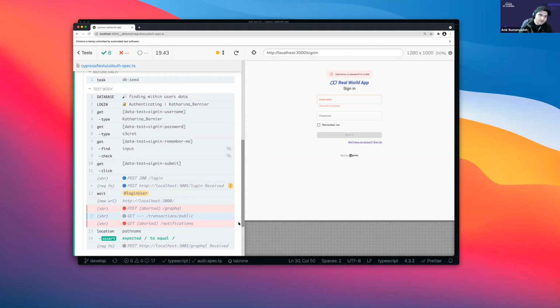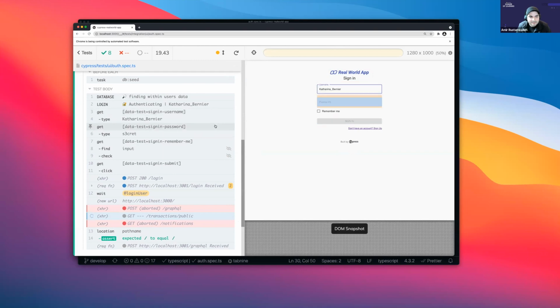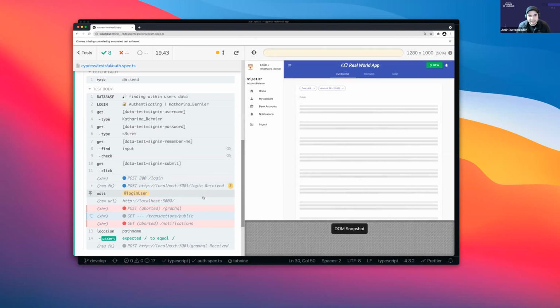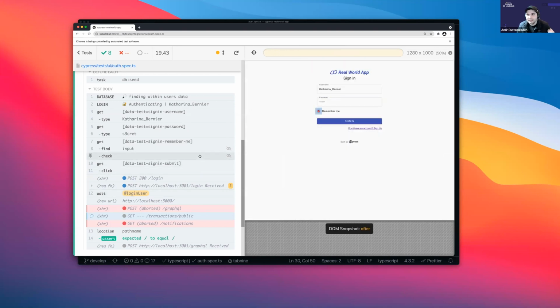And the cool thing is, I don't know if you all noticed this as I was scrolling my mouse across the command log, you can see the state of my application change. And this is effectively me time traveling through how my app was behaving and what state it was in before and after each test command took place. So I can know how my app looked before and after I logged in, before and after network requests went out, or before and after I typed something into an input box or clicked something. I can see exactly how my app is being mutated and how it's behaving